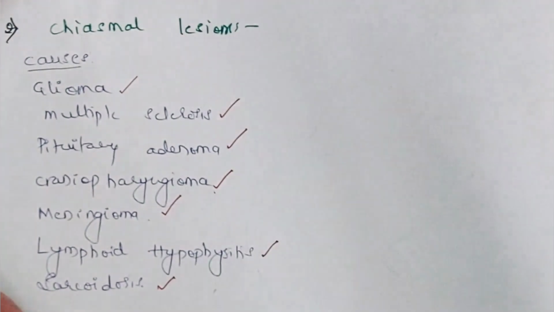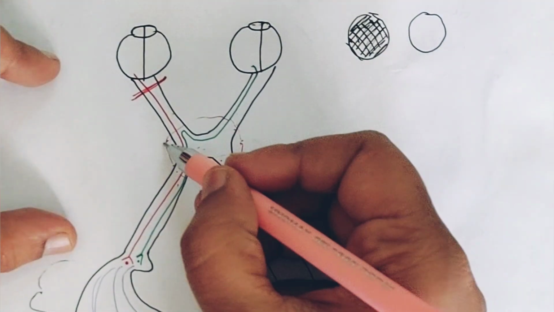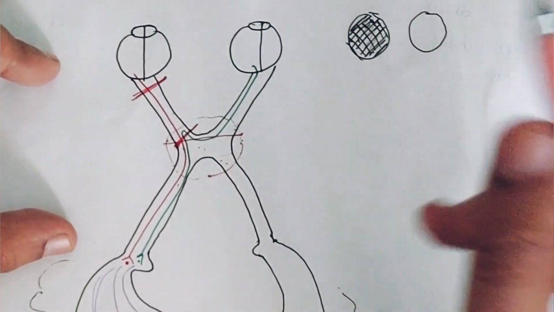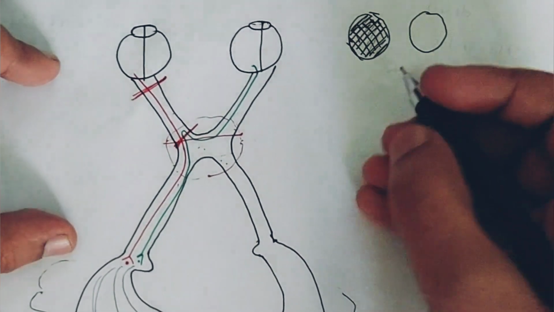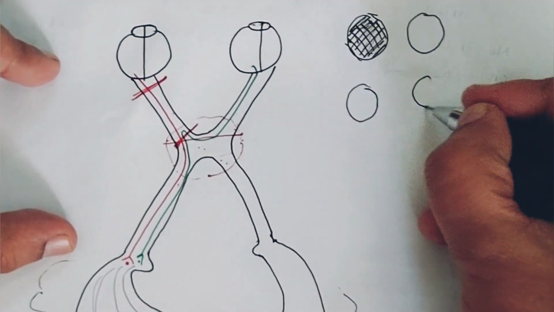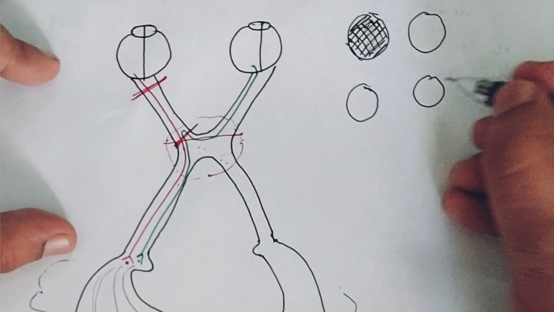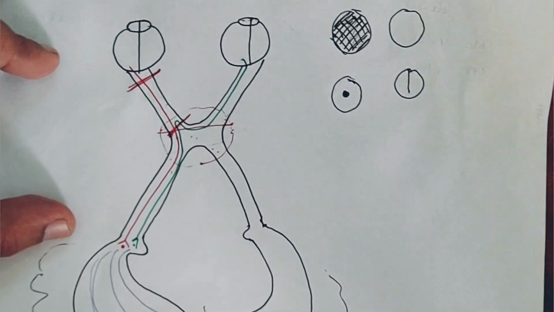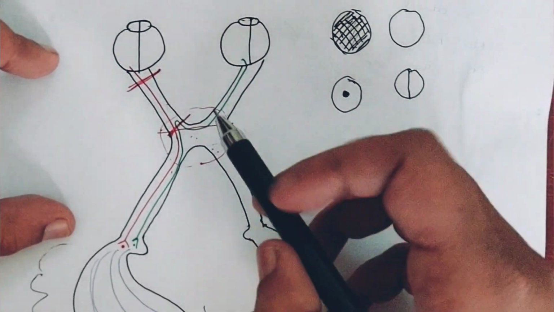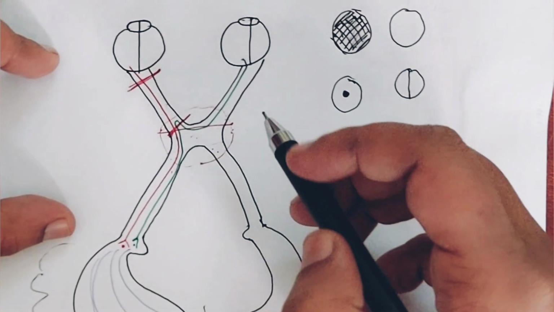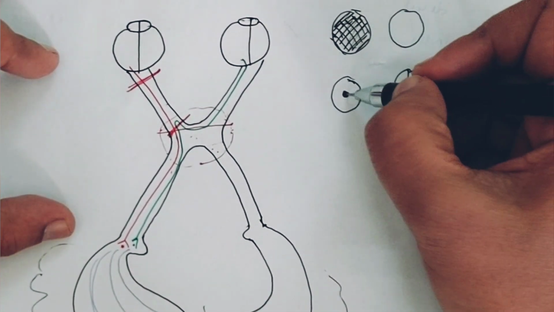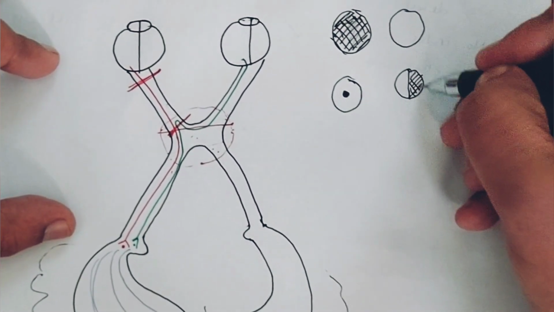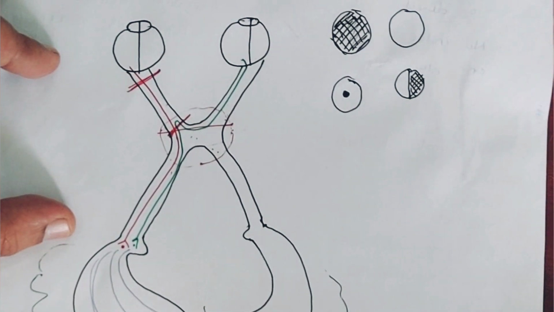and even the sarcoidosis. So as I told, there can be anterior chiasmal lesion, that is at this level. So here there can be involvement of the von Willebrand's knee, right? So the patients will have, what is the lesion you get here if there is von Willebrand's knee involvement? So we get what is known as junctional scotoma whenever there is anterior chiasmal lesion. That is nothing but the scotoma in the affected eye and the temporal hemianopic defect in the other eye. Okay. So this is the anterior chiasmal lesion.